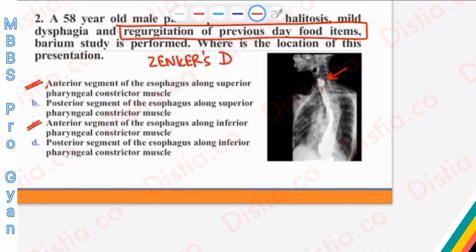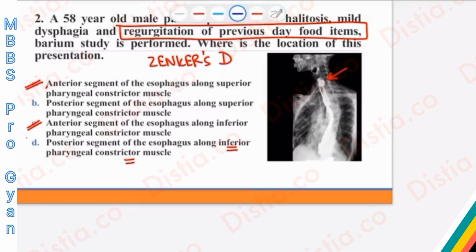Now you need to follow anatomy. I have also hand drawn the diagram in the main discussion with respect to Zenker diverticulum, which is present after the topic of bleeding from the gut in the GI section. If you go through that, I have highlighted that when it comes to Zenker diverticulum, it's going to be a posterior malformation related to the pharynx, seen in the geriatric population, and it is related to the inferior constrictor muscle.